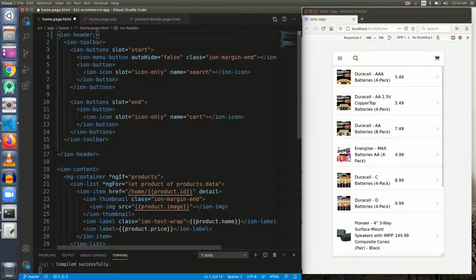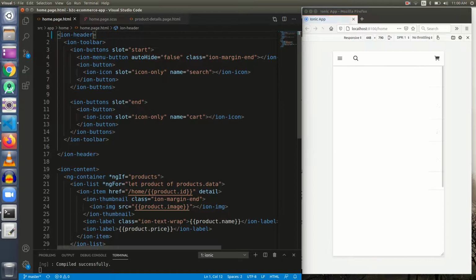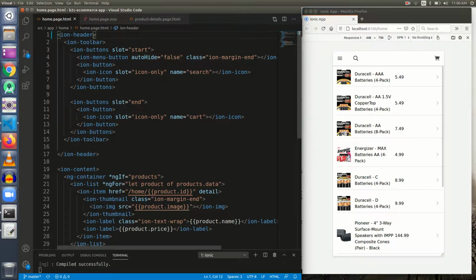Now mode is a very important topic in Ionic application development, and in later videos I am going to take one whole video and try to explain what mode does, what the different modes are, and what options are given to developers to control the mode and the UI rendering. So don't worry about it, in the upcoming videos we will be covering that. For starters, we have removed translucent equals true. Let me save it, and I hope there is no distortion in the UI, and that is it.